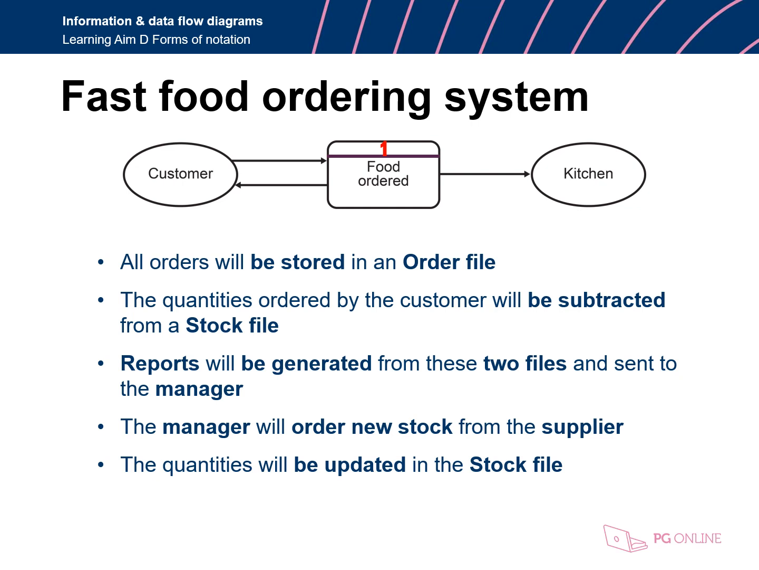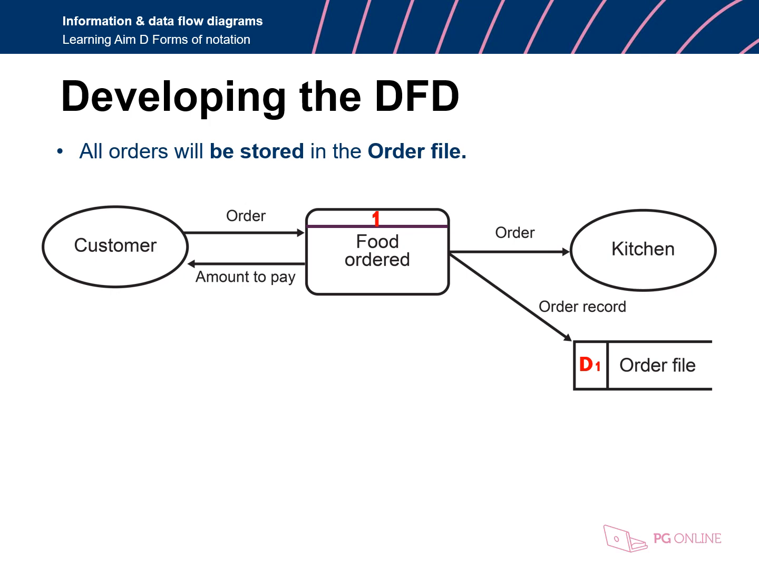We have 5 bullet points to add to the diagram, and we'll do this one by one. Let's make a start. So, in the first bullet point, we were told that the orders will be stored in the order file. So if we know they're being stored in an order file, you've seen I can now draw my data flow